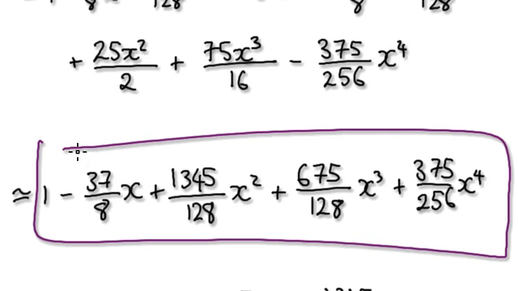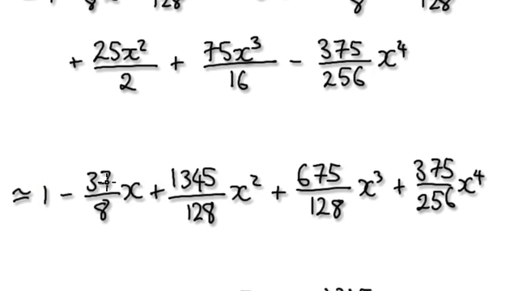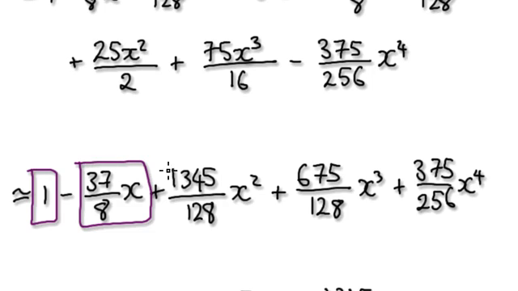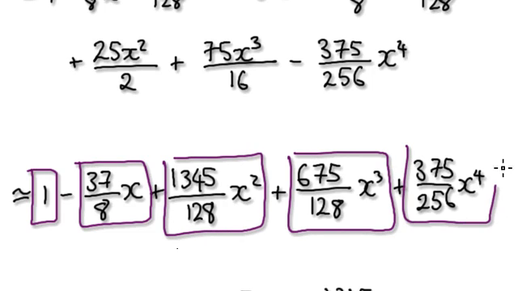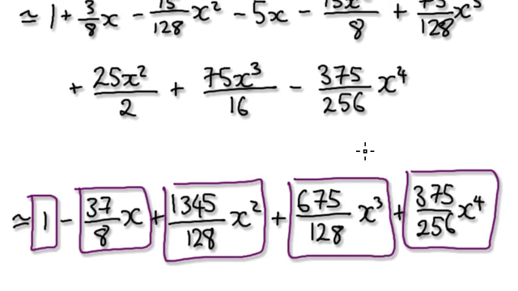Okay, and then we got to this stage in the previous video. At the moment you can visualize it as one block, and then you've got another block here, and another block here, and you add this block and then add this block. I was struggling to explain why we can throw away these two terms here. The reason why we can throw away these two terms is because when x is small, when x is near 0,